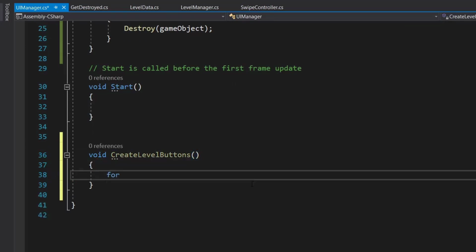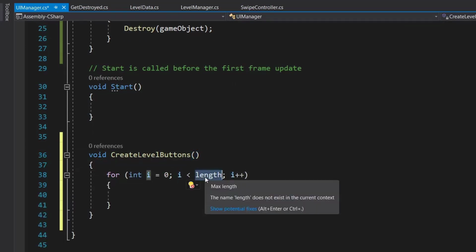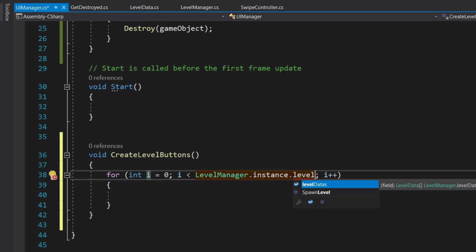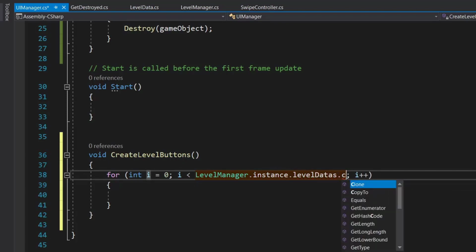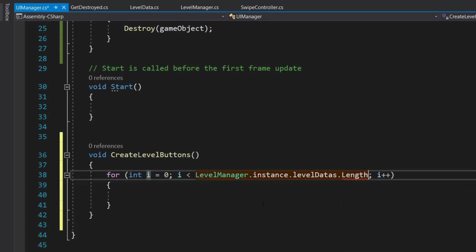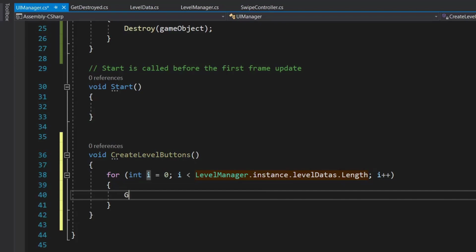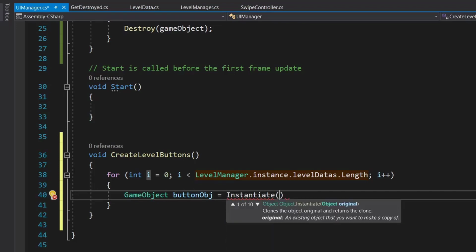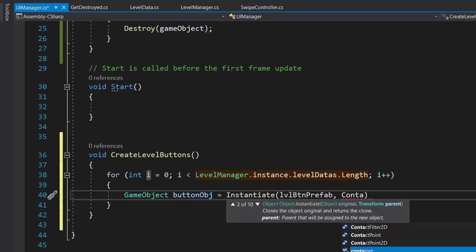In that we will create a for loop where i starts from 0 and the max value will be less than our level manager dot instance dot level data dot length. Now inside that we will create a game object button object, and we will instantiate a level button prefab inside our container.